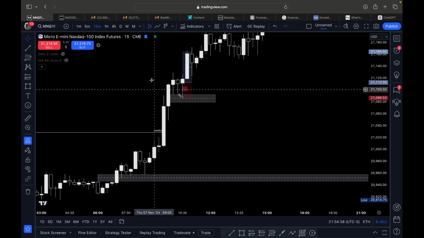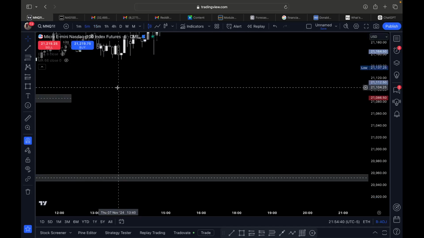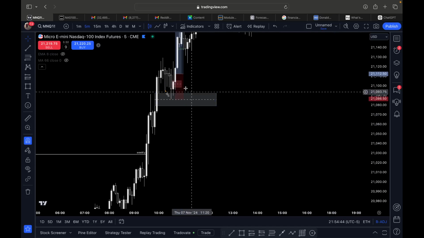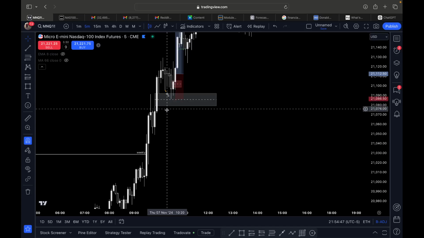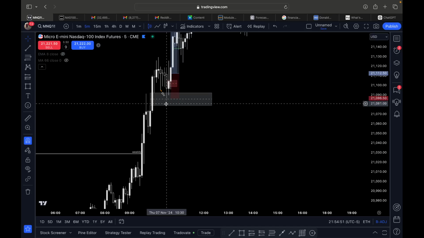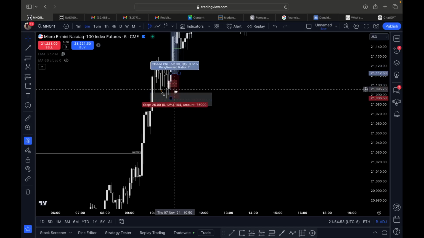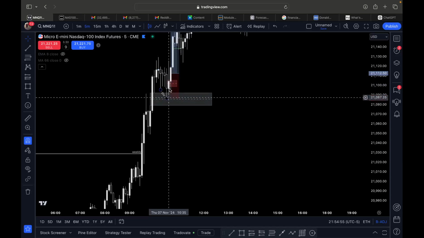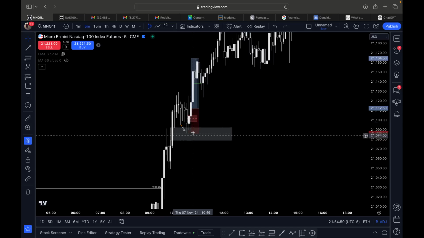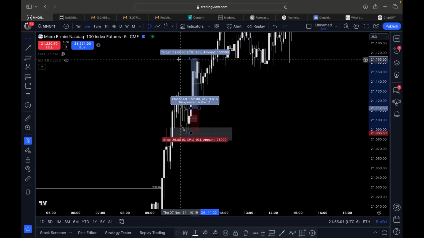So I took this out of consideration, went even lower to the 5 minute time frame, and identified this imbalance here that price had been struggling to come back into. I knew that if price came back in here, we would either get an opportunity to go long that I'd be willing to take, or we would just blow right through it. I was willing to take the risk to go long for that continuation. I didn't see price totally reversing, and if that happened, like I said, I was willing to take the loss on it.